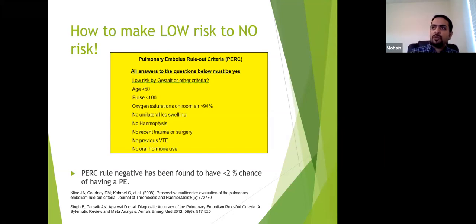So it's almost 8-year-old or 10-year-old data that we're using, and it has been prospectively validated later on to show that yes, it actually works. So if we say that this patient has a low Wells score and a PERC rule of 0, we are basically saying that their chance of having a PE is less than 2%. I would not want to be that 2 in 100 person who has a PE, but it is still quite strong objective evidence for you to say that you have effectively ruled out PE.